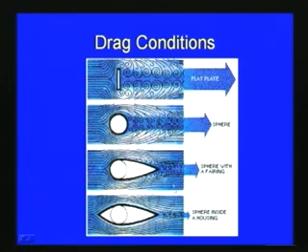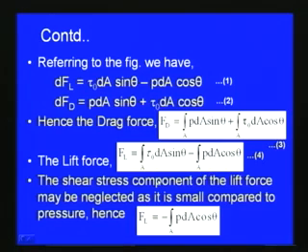And the same, if the sphere is inside a housing like this, you can see that the boundary layer separation is at the end, and the drag effect will be mainly due to the shearing effect. So, like this, the drag effect depends upon how we orient the body or how the body is moving.